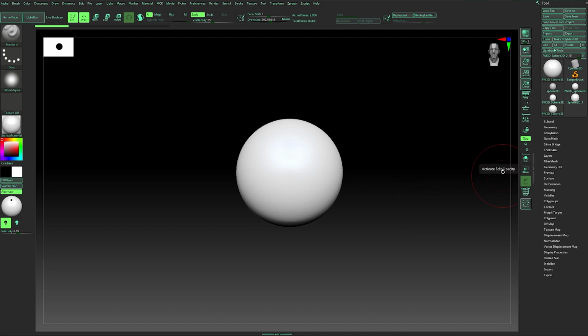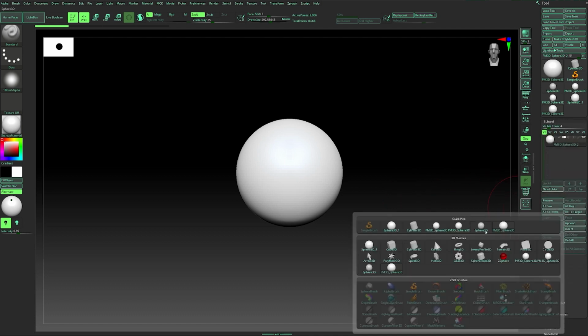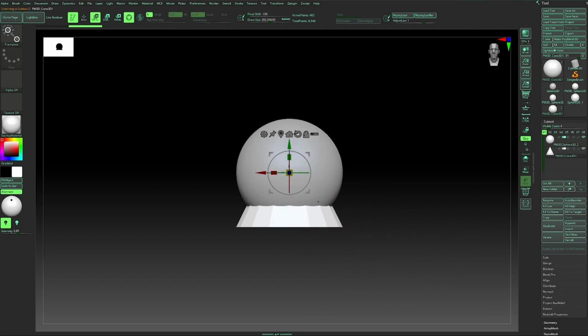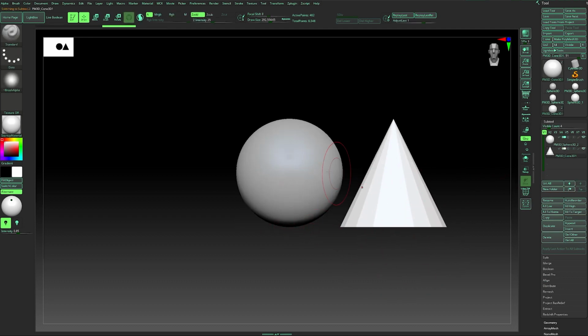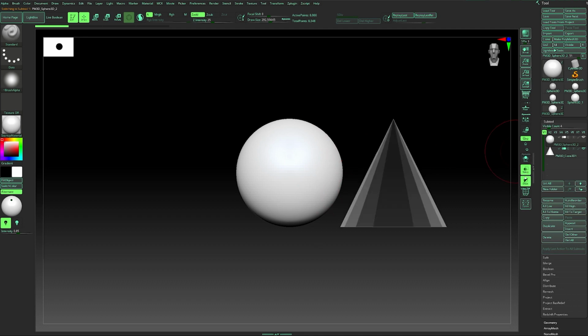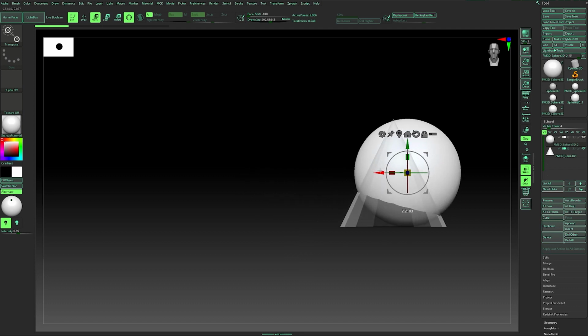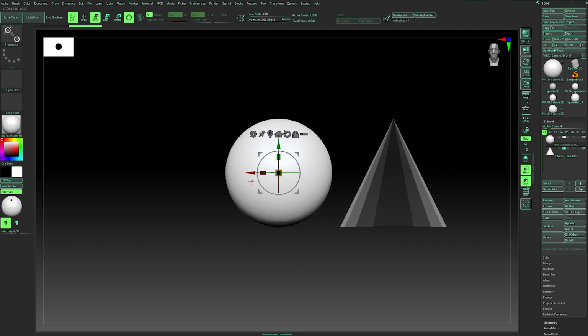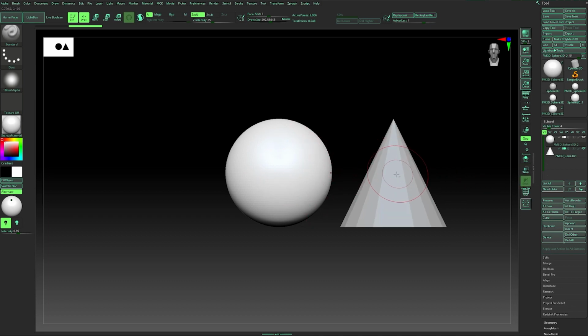We have the solo. If I append another tool here, for example, this cone, if I select any of them and go to the solo mode, it's isolating the model. And I can use the transparent, and if I move it to another model, it's transparent. As you can see, I'm just selecting them by clicking on them without selecting them in the subtool list. The trick is holding the Alt and clicking on the model you want to select. I'm holding the Alt and click on any model and it will be selected.